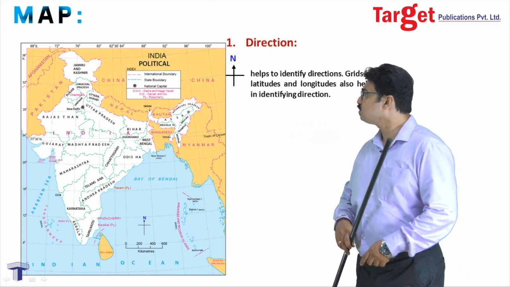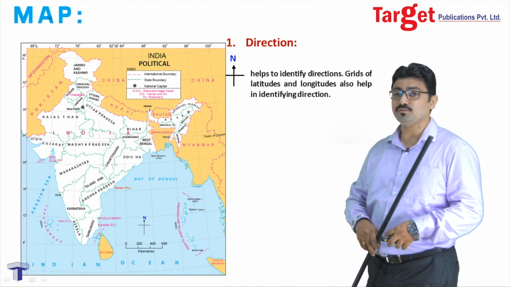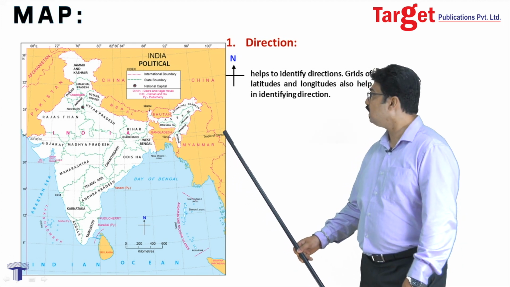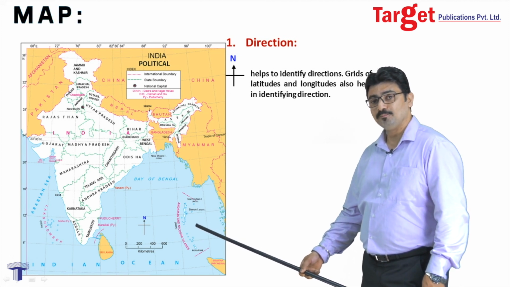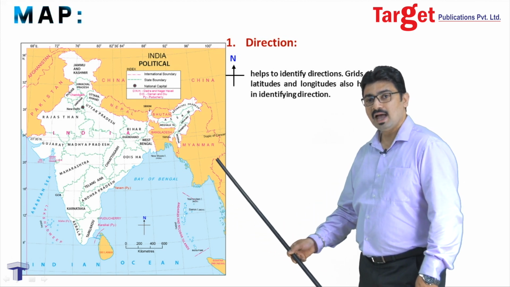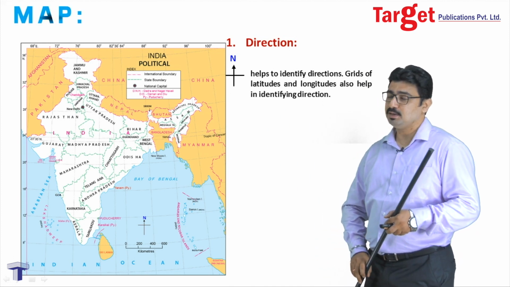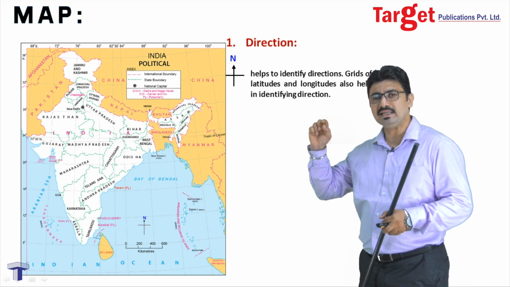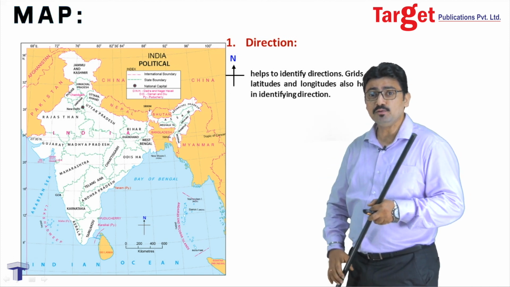Now, having come to the scale, let us repeat these three features with the help of a map. Here we have a map of India. Do you see a direction arrow in this map? Yes, this is the direction arrow which shows that this is the north side, that is the west side, this is the east and this is the south side. So, the direction arrow is extremely important. As I said earlier, there is one more way of understanding directions in a map if the arrow is not mentioned. What is it? It is the latitude and longitude.